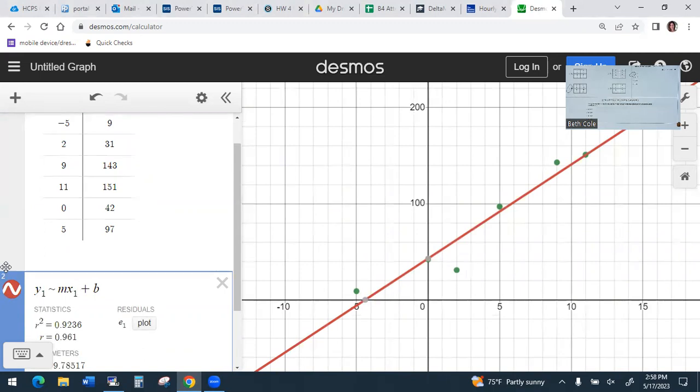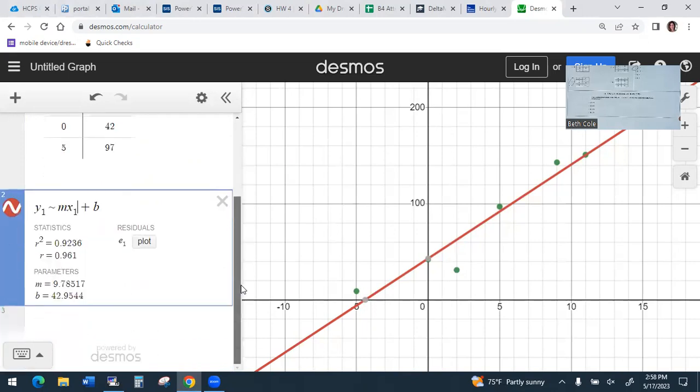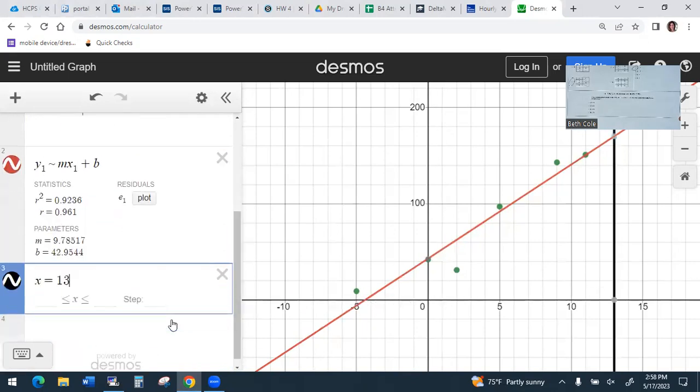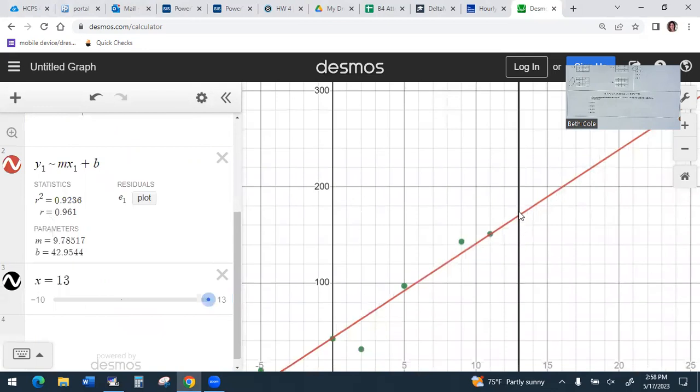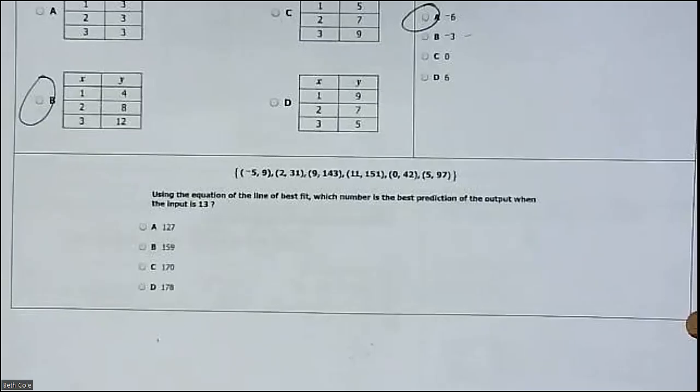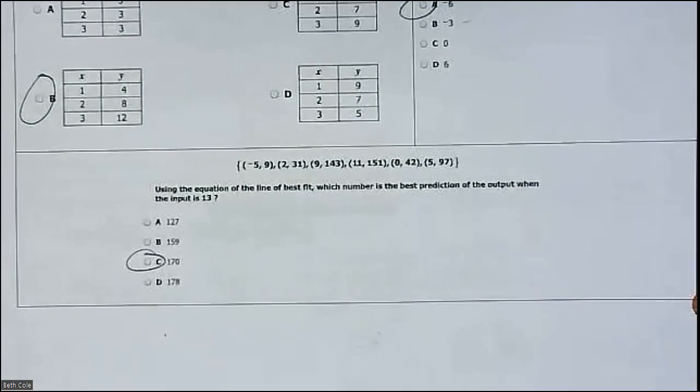Cool. Now it says, what do we want to make the input? Look back at your paper. So I'm going to come down here and type x equals 13. Click on the intersection. 170. So